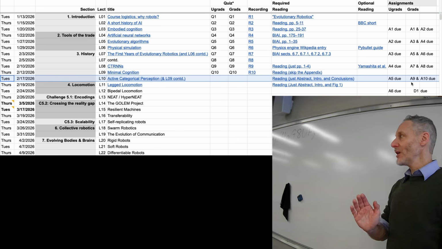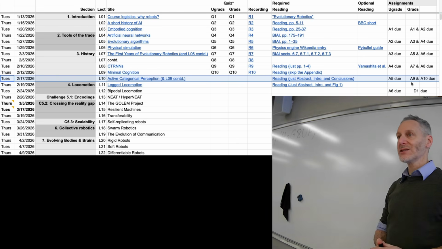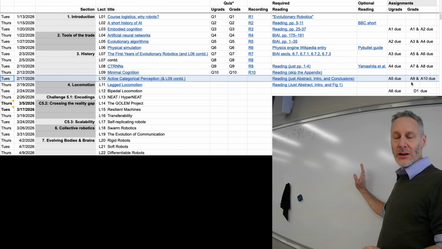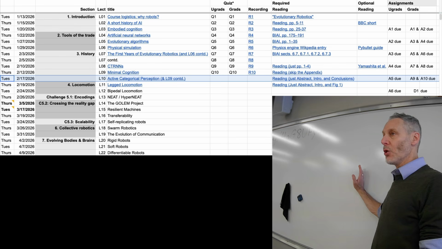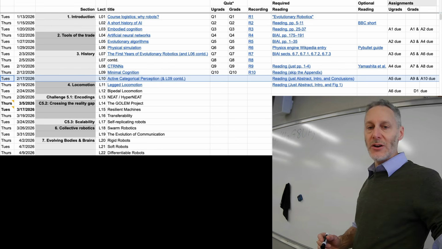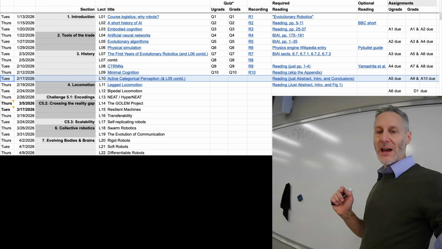The advantage of gradient descent, on which the whole edifice of modern AI is built, is the concept of gradient descent. We're going to go through it very, very briefly now. I'm going to do a 3-minute summary, and then in lecture 22, where we're going to talk about differentiable robots, we'll go through robots combined with gradient descent in more detail. But just for the benefit of the grad students that are starting on the first of 5 differentiable assignments today,